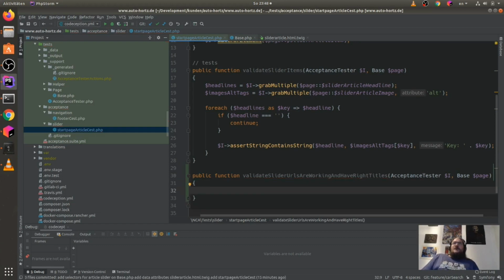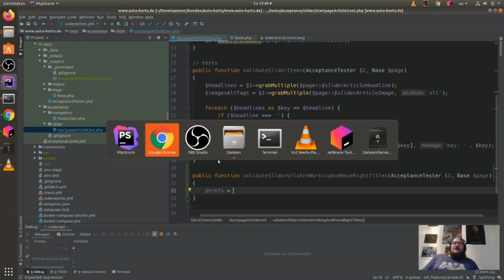So we will get our hrefs. Let me check the tags around the image.